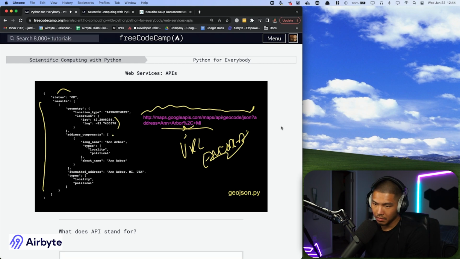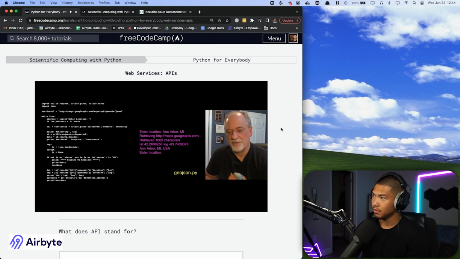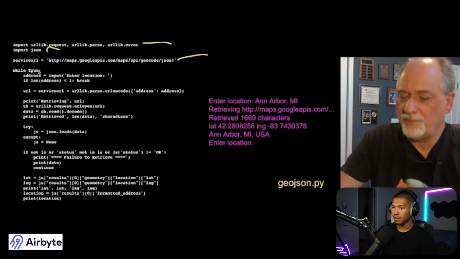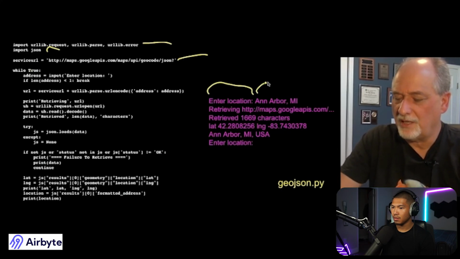And so the idea is, can we write a program that can read this? And so here's our little program that reads this. And a lot of this is comfortable. You've already seen some of this. You import urllib, we have to parse the JSON, we grab the URL, and then we're going to write a little while loop that's going to ask for a location, and we can type that location in, and we've got